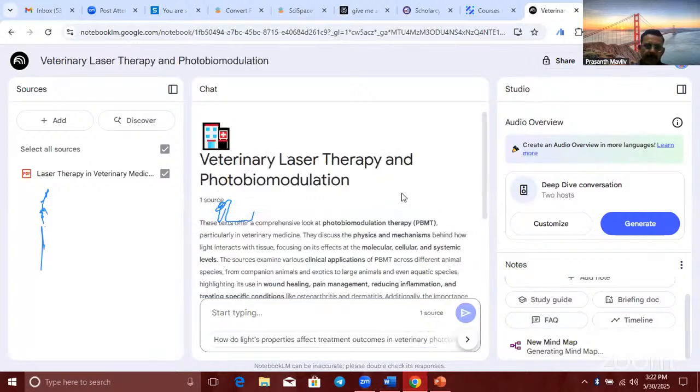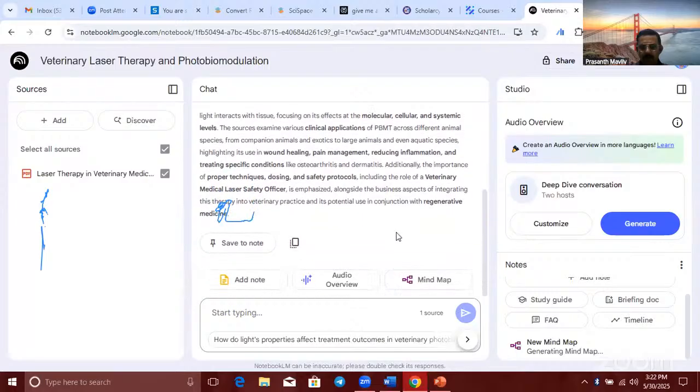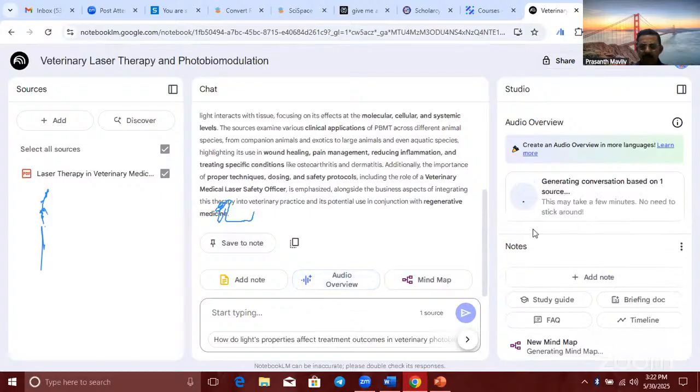Veterinary laser therapy, this is the book I have uploaded. And it is getting a mind map. You can have an audio overview of this book also. It will also take some time. If you like to listen to this book, it will create an audio summary for you.